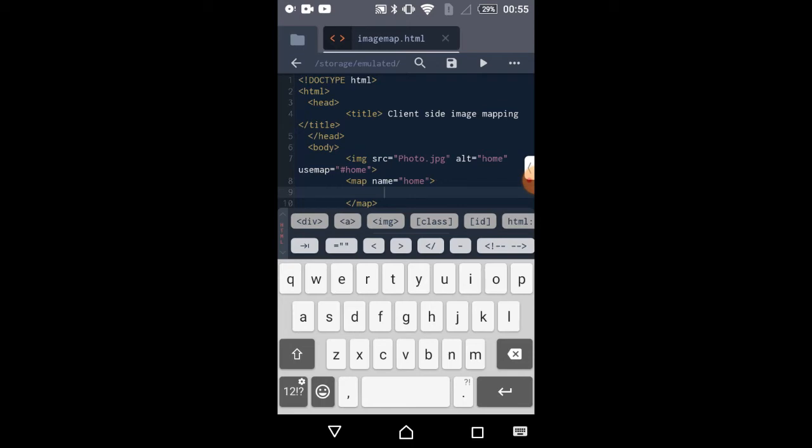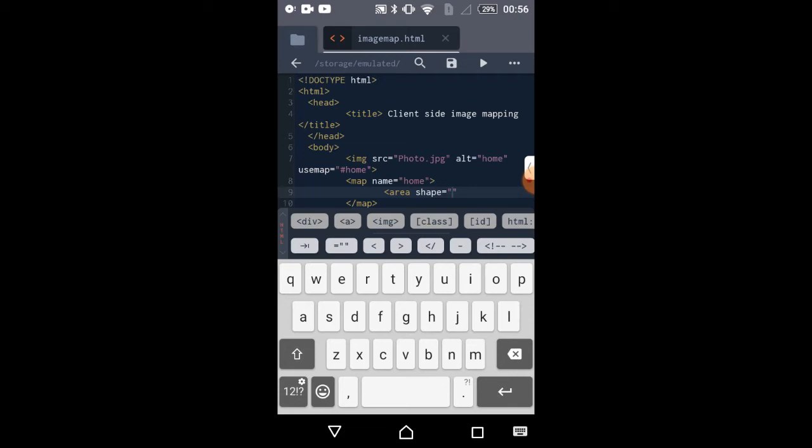So map tag is a pair tag. After this I am opening the area tag. Area tag will specify the specific area which is used to do the client-side image mapping, and it will also specify where it should lead when we click on that particular area. After that area, you have to write shape after giving a little bit of space, then write is equals to double inverted comma, and in this double inverted comma you have to specify which shape you are giving.